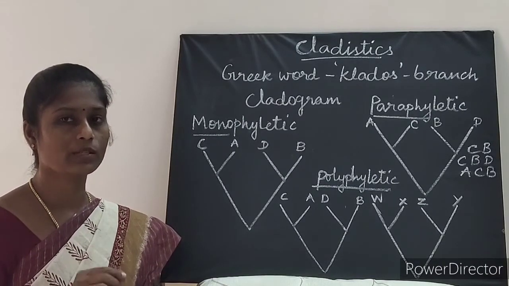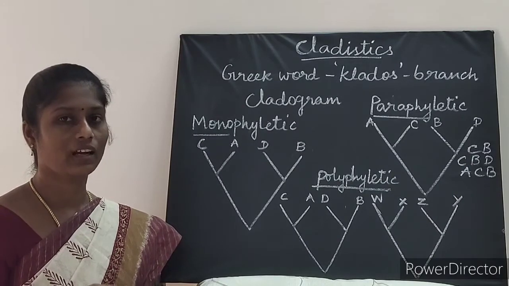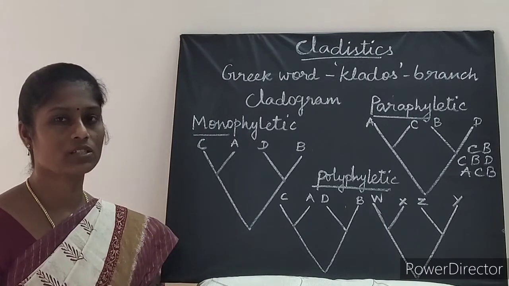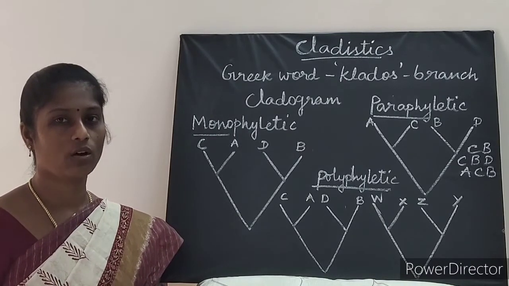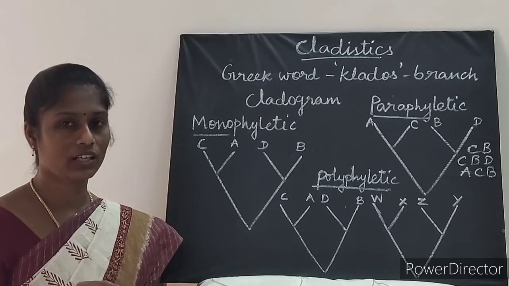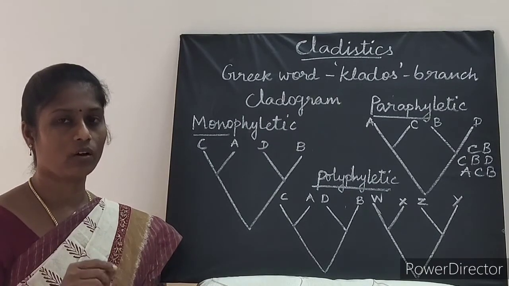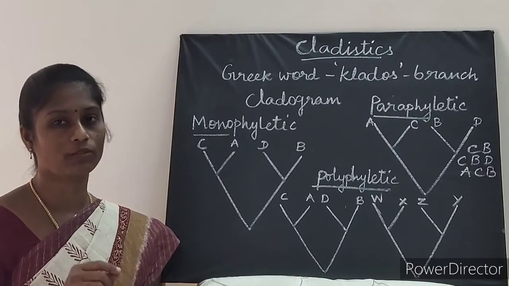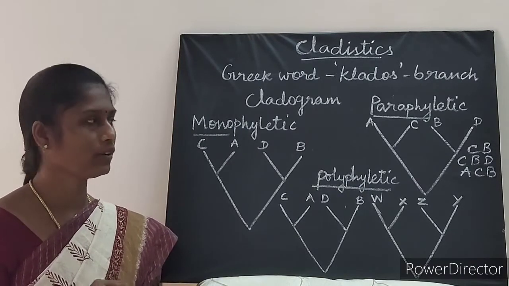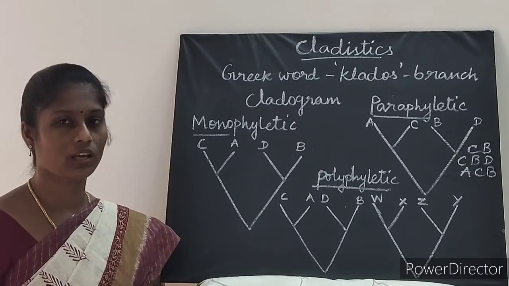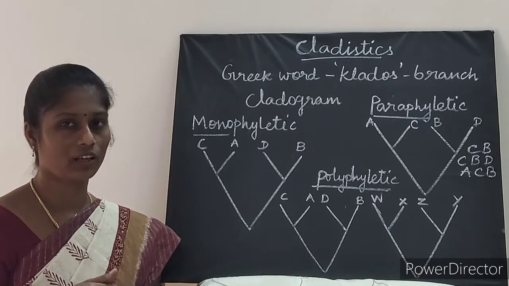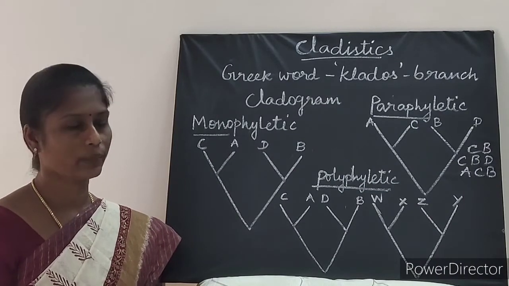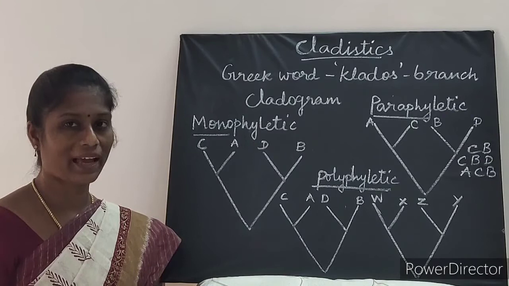And secondly, it helps to elucidate, that is, to make clear the classification based on the evolution of organisms. It is used to elucidate the evolution of organisms. And next, it is used to produce a hypothesis to predict the morphological characters of an organism. So these are the needs. First and foremost, at present cladistics is used to construct the phylogenetic or evolutionary histories. And secondly, it helps to elucidate the mechanism of evolution.